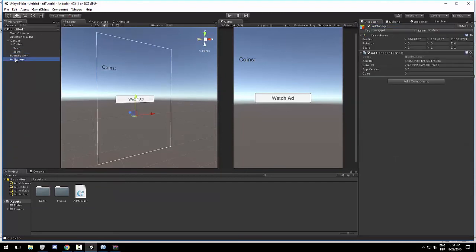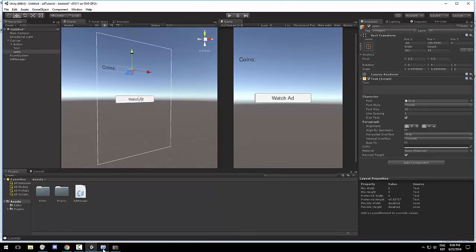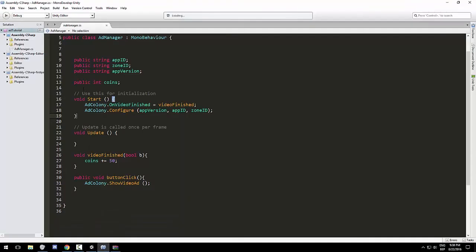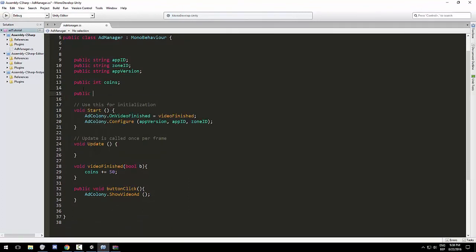Now we go to Ad Manager and we put in some coins for the user, like 50. And we're going to change our script so that the amount of coins will be displayed inside this text box. So back inside our script, we take public game object coins text box, and we're going to make it so that the text box will be updated every time we add some coins. So we go inside our update,